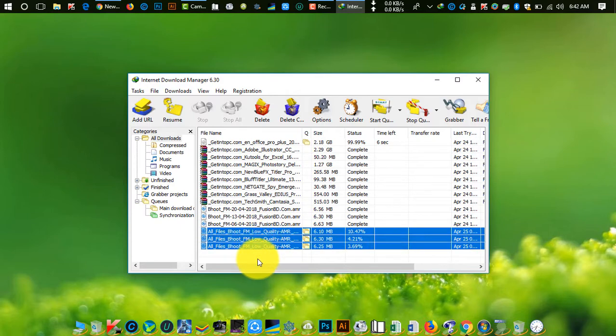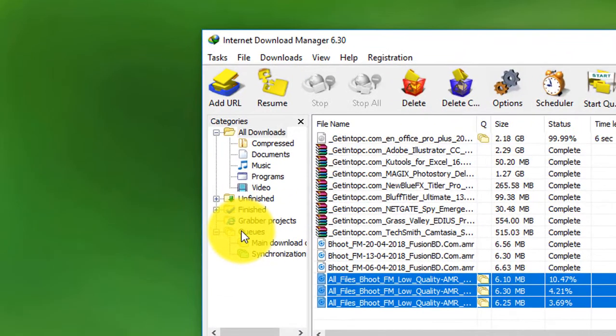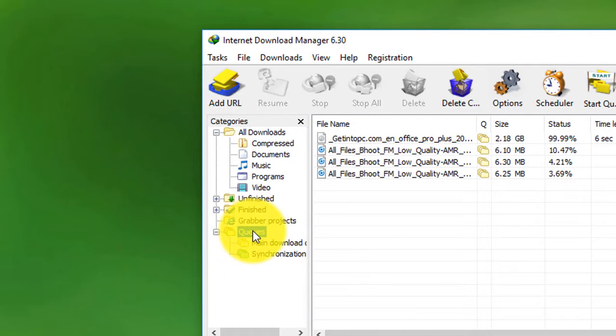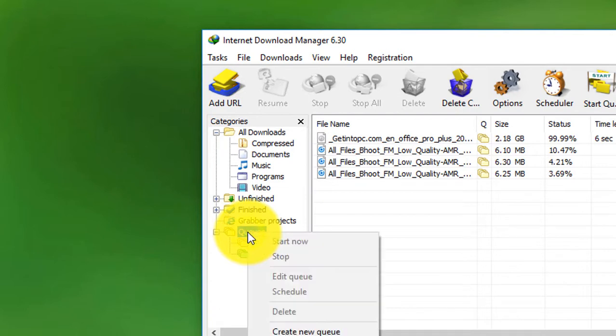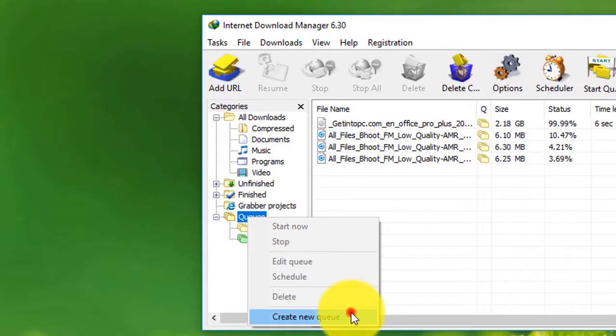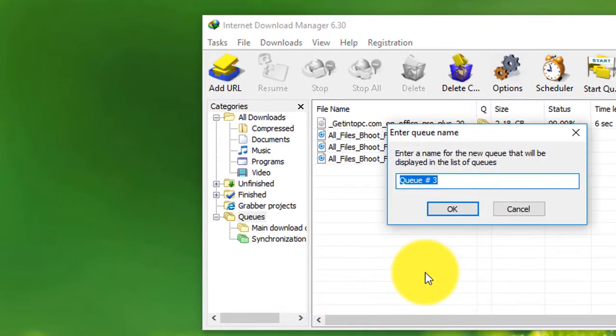If you want to download in this process, at first you have to click on queues and then create a folder under queues. To create a folder, right-click here and choose new queue, and then you can name it anything. I am writing my name